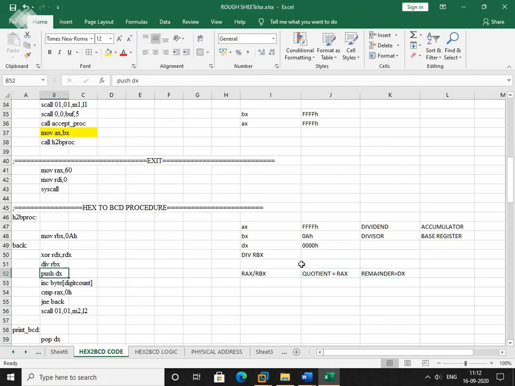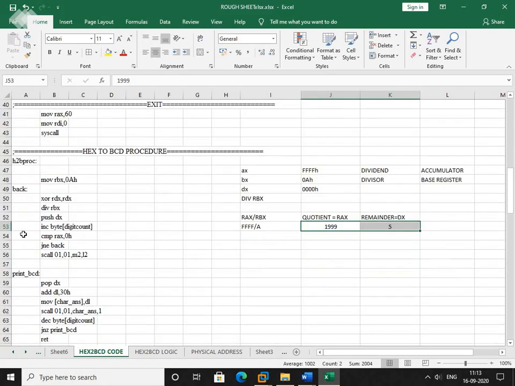So here, this 4 times F divided by, see, we have moved the content of divisor as 0AH. So therefore divided by capital A, then the quotient will be 1999 here, and push DX. So we get 5 as a remainder, right?